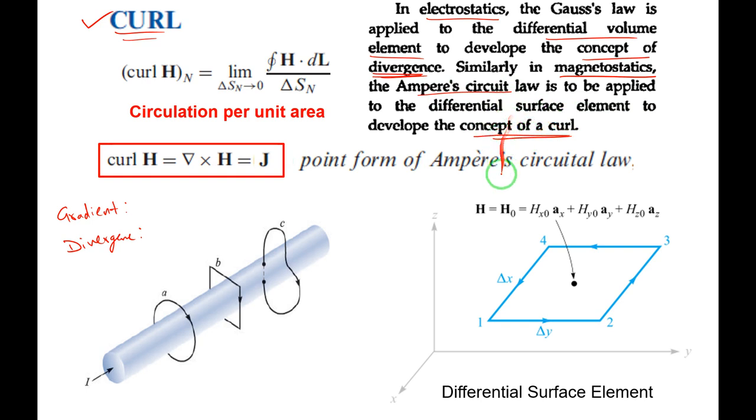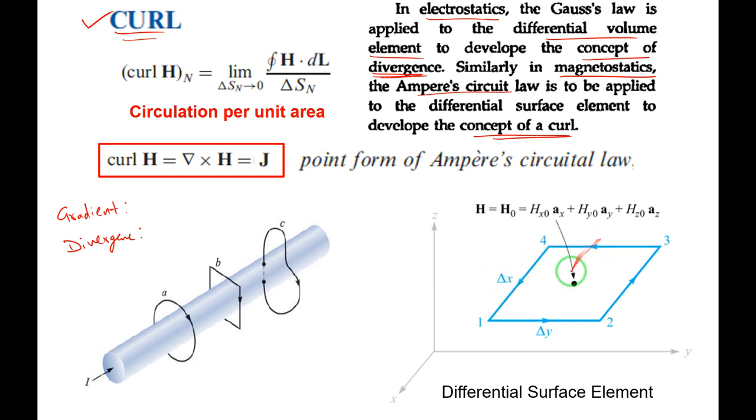I will tell you what this is. Just observe here, this is a closed path from 1 to 2. This is the x-axis, y-axis and z-axis. We are considering the closed path 1 to 2, 2 to 3, 3 to 4, 4 to 1. Observe the direction from 1 to 2, 2 to 3, 3 to 4, 4 to 1. Since it is parallel to the y-axis, this distance 1 to 2 we call delta y. Since it is parallel to the x-axis, we call this distance delta x from 4 to 1.